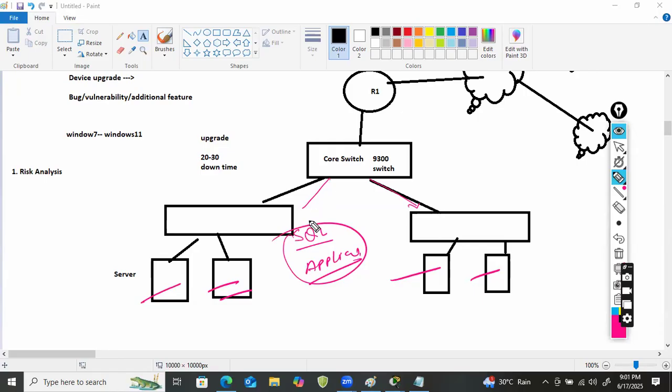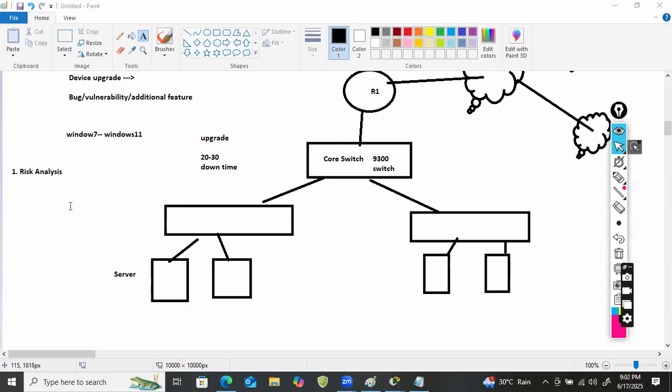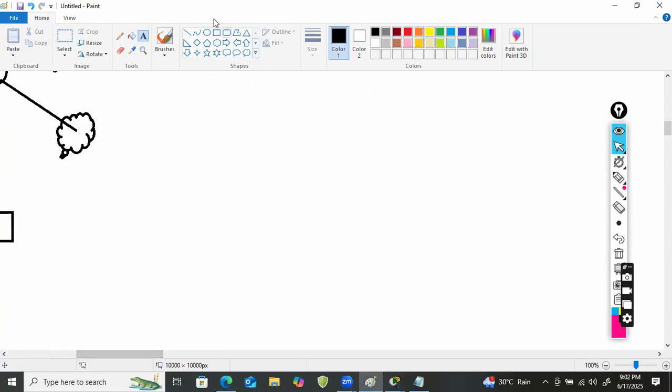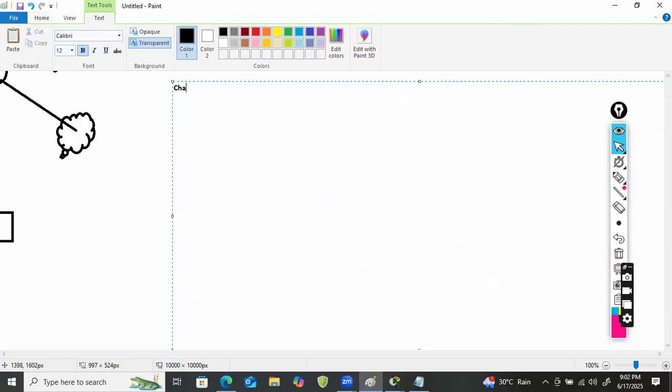Okay, so that part is your job. You first need to analyze what the impact will be if this core switch goes down. Got it? And after that, in every company there is a CAB meeting. Just try to understand this. There is a proper change management